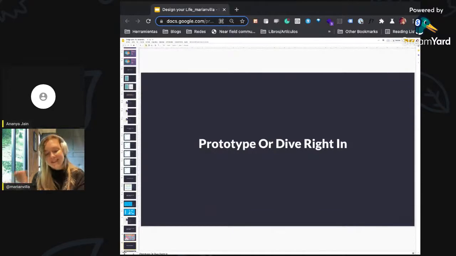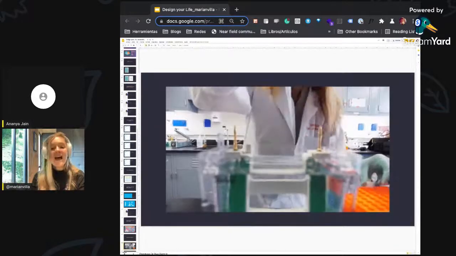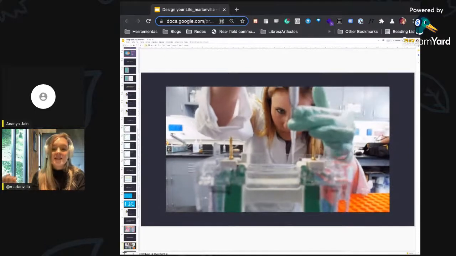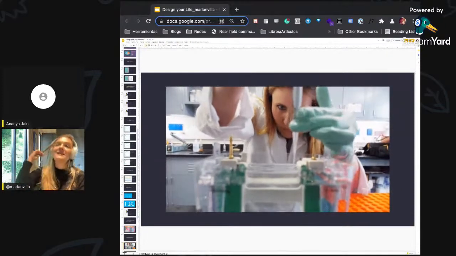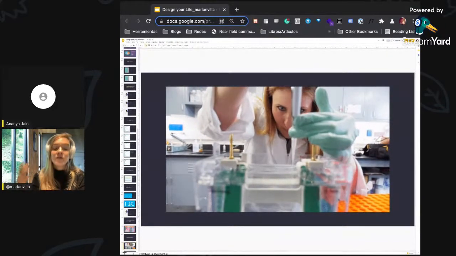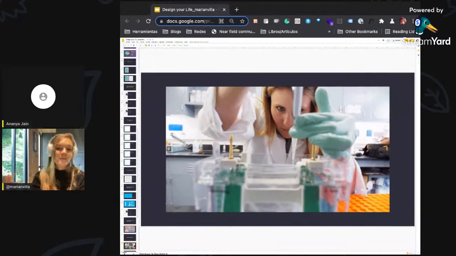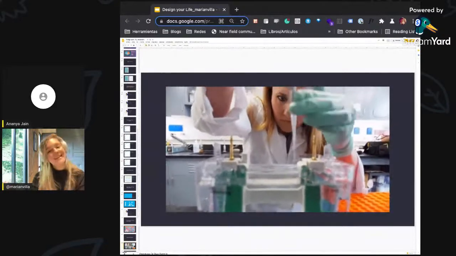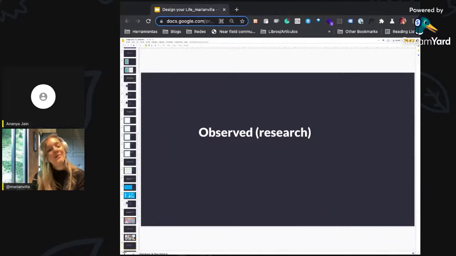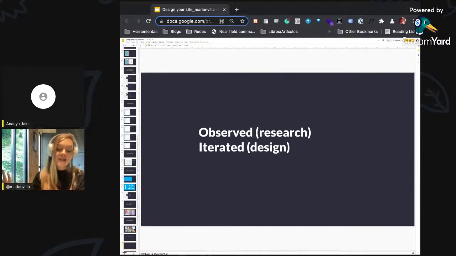Okay, now it's time to prototype or dive right in. And here is an open invitation to put those results, or this task, and the things you want to do and improve, in real time now, please. And observe the results when you are conscious about the variables you are putting out. You could do research and iterate, I mean, design, and try